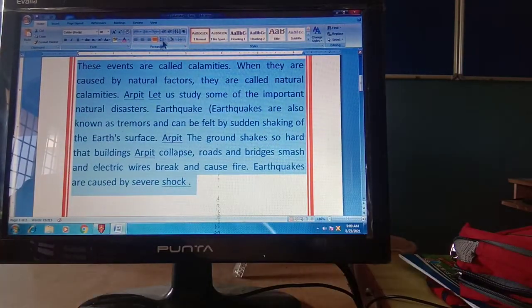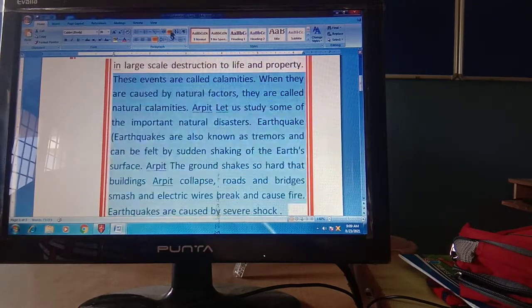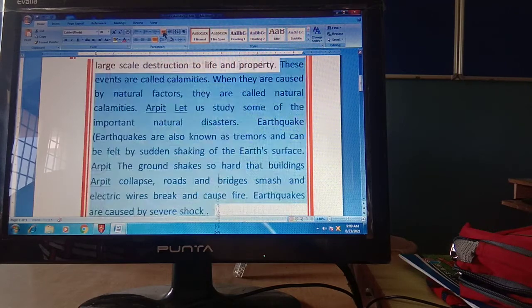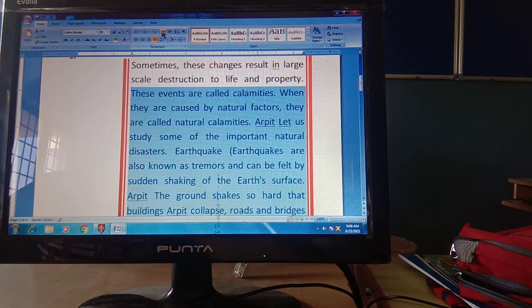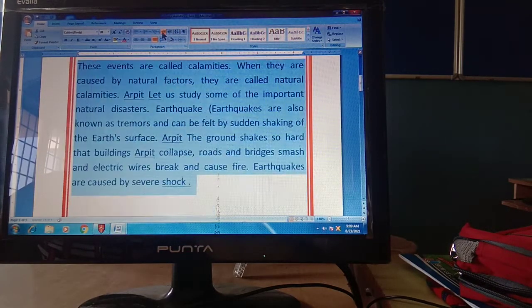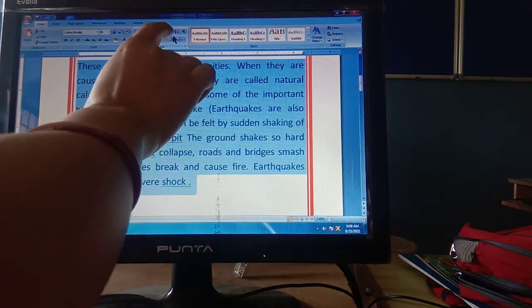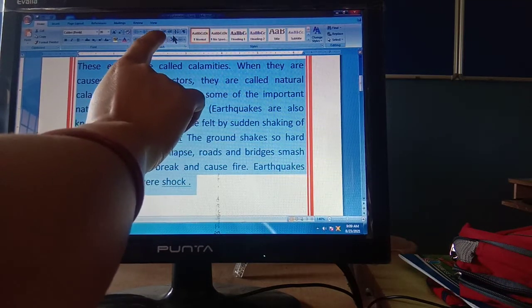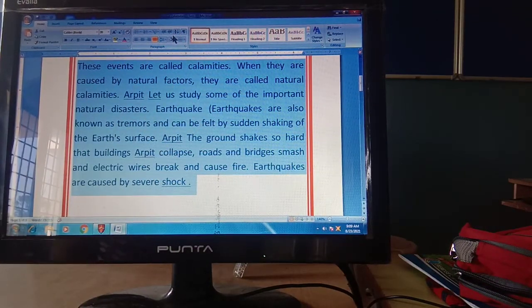Okay, so this one is for increasing the indent. See, space जो है वो बढ़ता जा रहा है. This is called Increase Indent and this is called Decrease Indent. These are the two buttons available. One is for increasing, one is for decreasing. So it is clear to everyone how to increase and decrease the indenting. It is in the Home tab, and there in the Paragraph group there are two buttons for indentation. One is Increase Indent, second is Decrease Indent. I hope this is also clear to everyone.